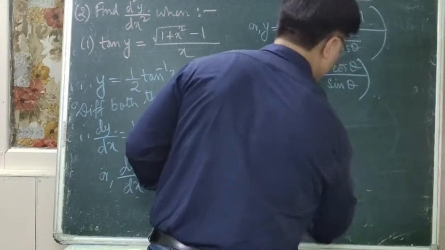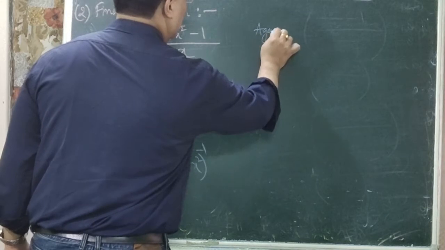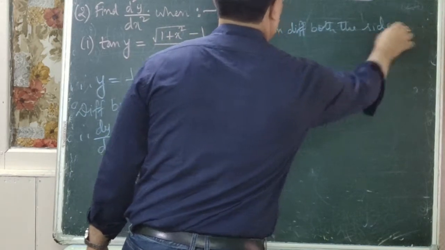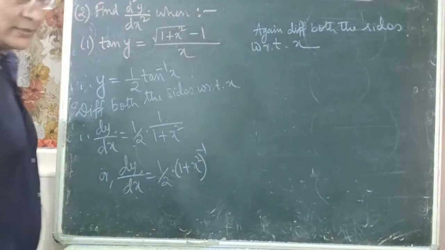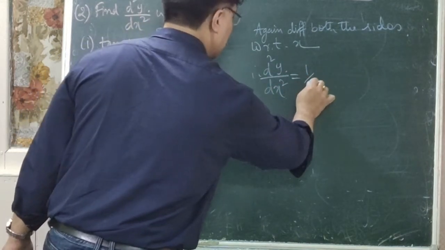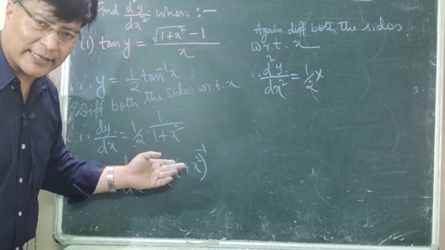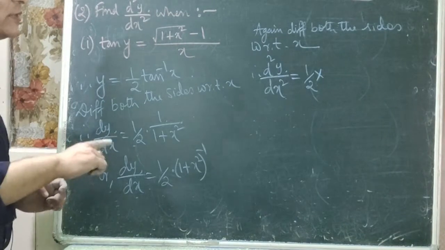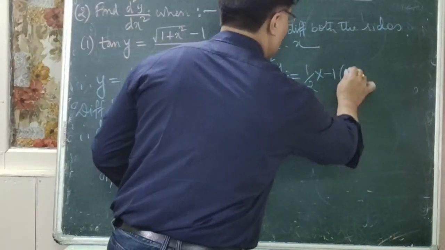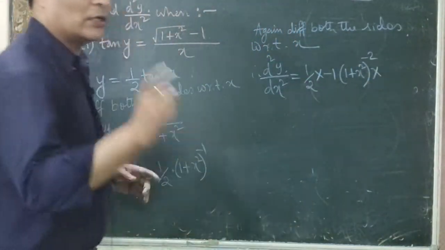So let us differentiate it. Write down. Again differentiating both the sides with respect to x. Okay, so now this dy by dx now becomes d2y by dx square is equal to half is constant, remains same, into this is just like your x to the power n. X is within bracket 1 plus x, that is a variable. Variable is taken as x, minus 1 is constant, x to the power n form. What is the differentiation of x to the power n? N into x to the power n minus 1. But here it is minus 1 becomes the coefficient, then 1 plus x square whole to the power, decrease the power by 1, that is minus 1, that is your minus 2 into, now again differentiate the term which is